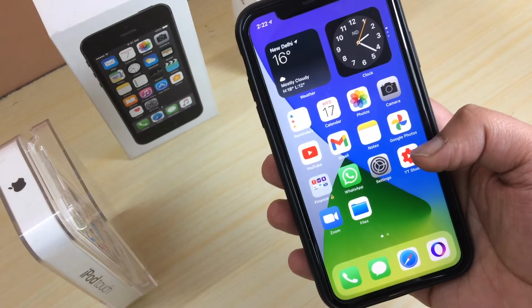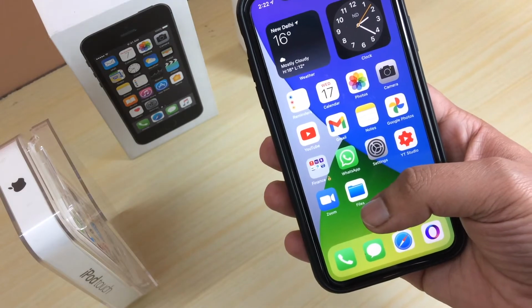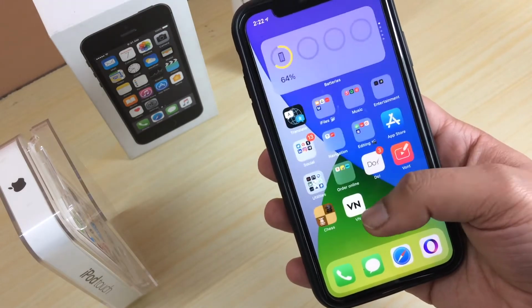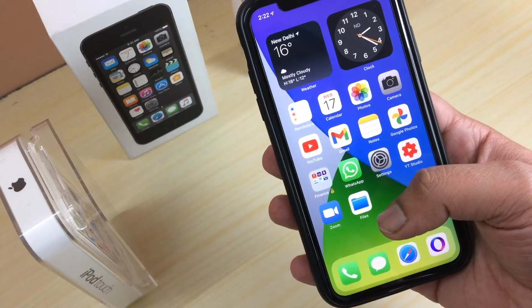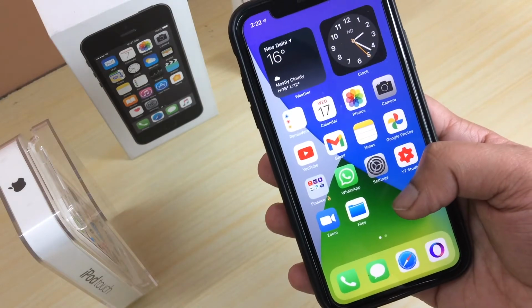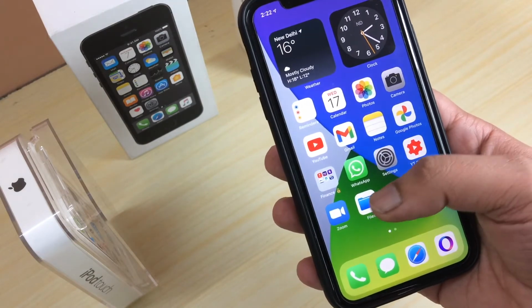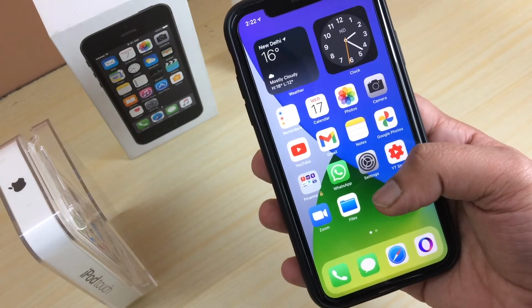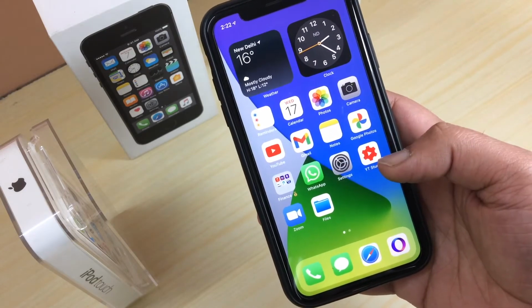You can see there is a new app called Files app. Apple included this Files app from iOS 11 and above. So from now all the files you have saved on iPhone, just go there. So now it becomes very easy. Now I will tell you how you can save PDF files.